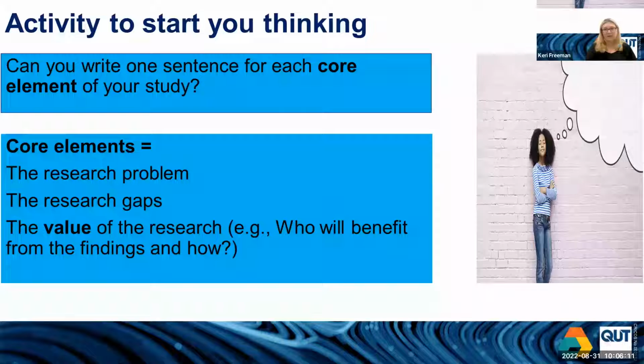It's important, especially when someone says, what are you researching? It's really good to be able to summarize very quickly what it is you're researching, what's significant about it, and how you're going to bring value to your field of study. Now, just give it a try, see if you can write 3 sentences for this, and we'll come back and have a look at them shortly, but I will give you a little minute to write those down.